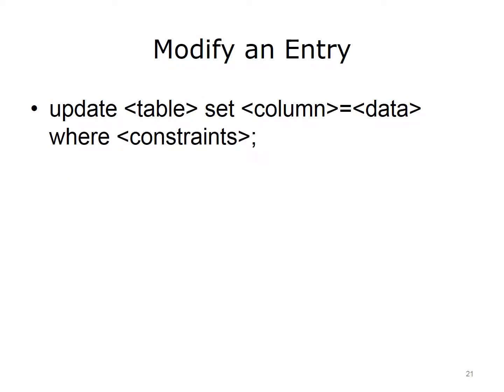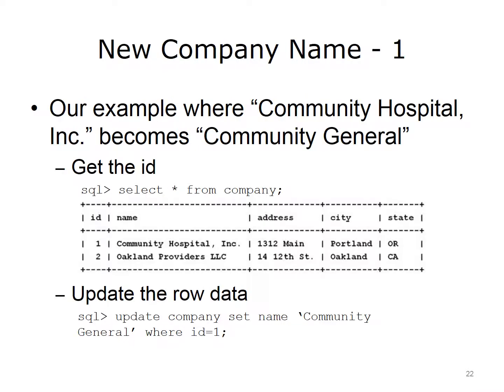The final basic function is modifying data. SQL uses an update statement for this, where the table is identified, the columns with the data that require change are identified, the new data is identified, and the rows that are being modified are identified. This slide shows a two-step process to modify a company's name from Community Hospital, Inc. to Community General. First, the unique row ID will be identified using a select statement that will retrieve information on all of the companies in the database. This search shows that Community Hospital, Inc. has a row ID of 1,